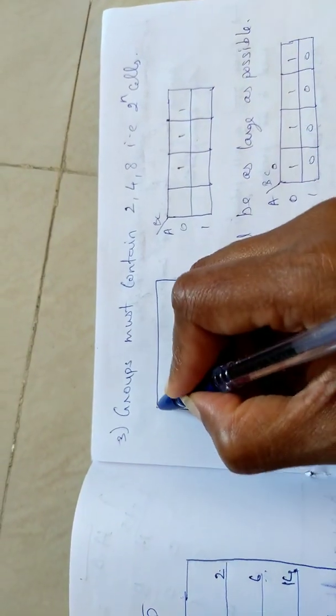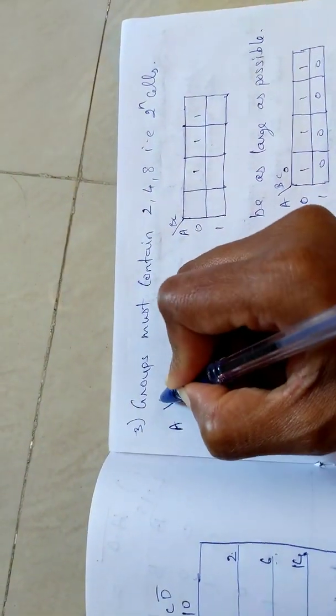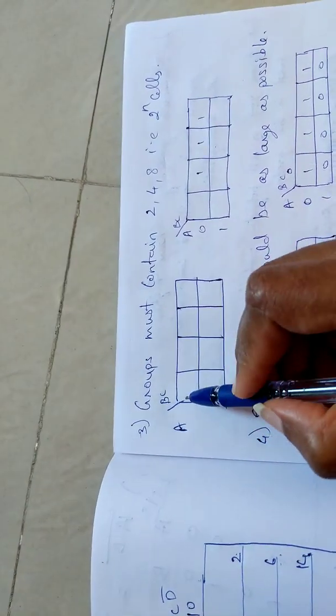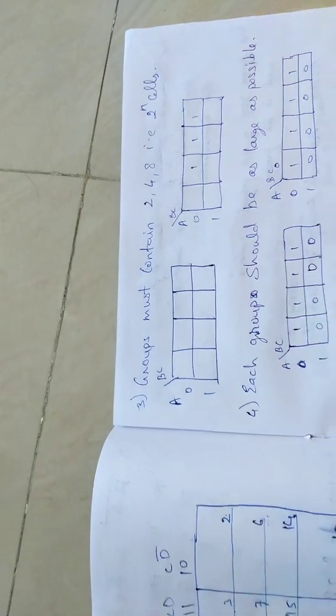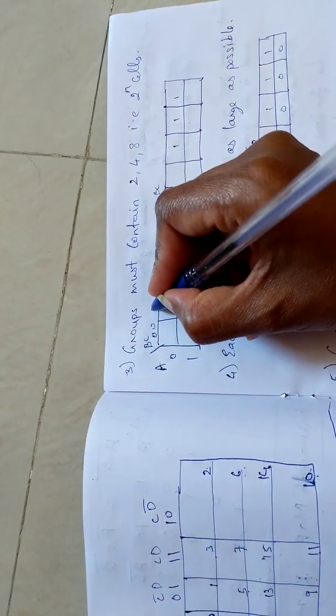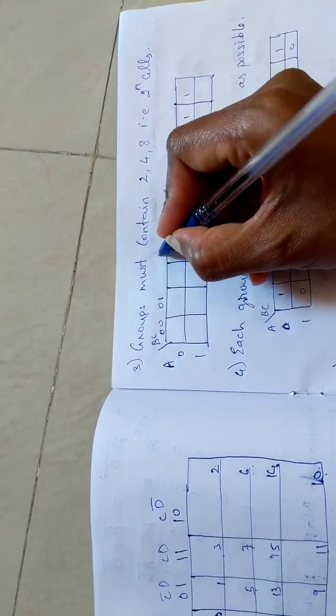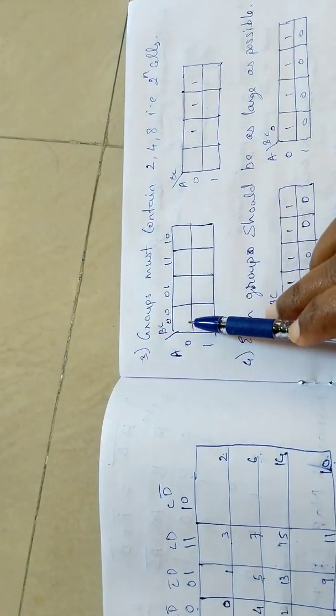Remember this. So how many variables are there? 8 means 3 variables: A, B, C, right? How to make it? This is 0, 1 for A, and for B, C, these. Again, no need to repeat. Please practice this for 3 variables. This will be your 0, 0, 0, 1, then 1, 0 will come here, 1, 1 here. Yesterday only I said these things, so remember those things.